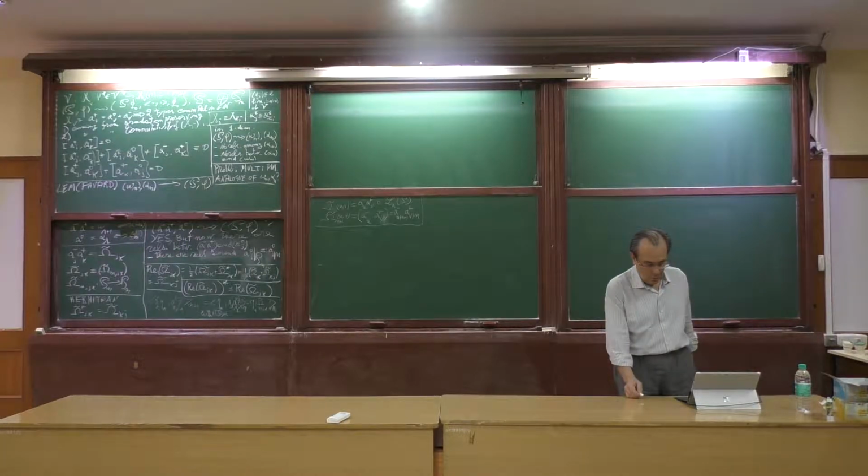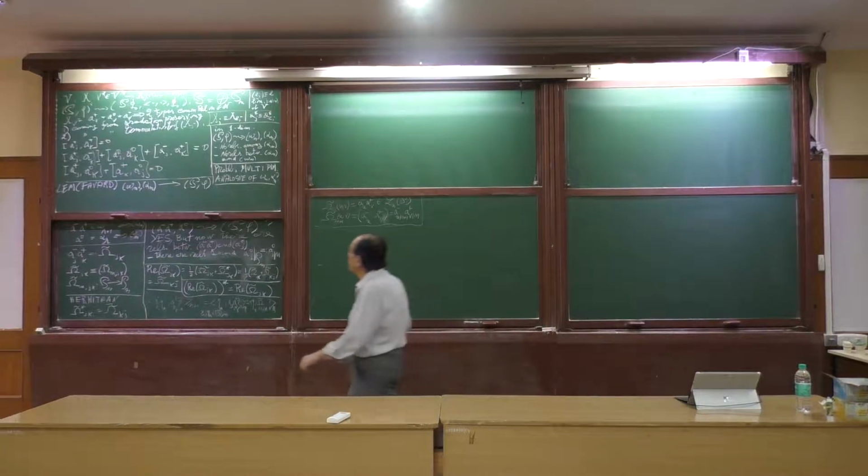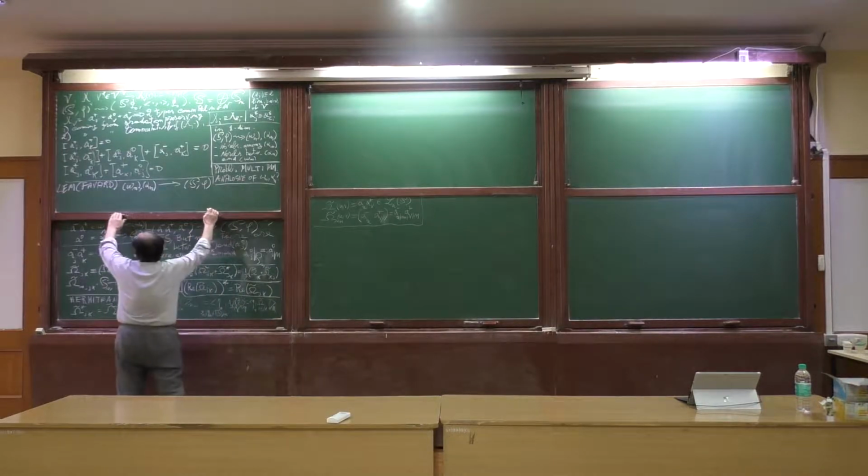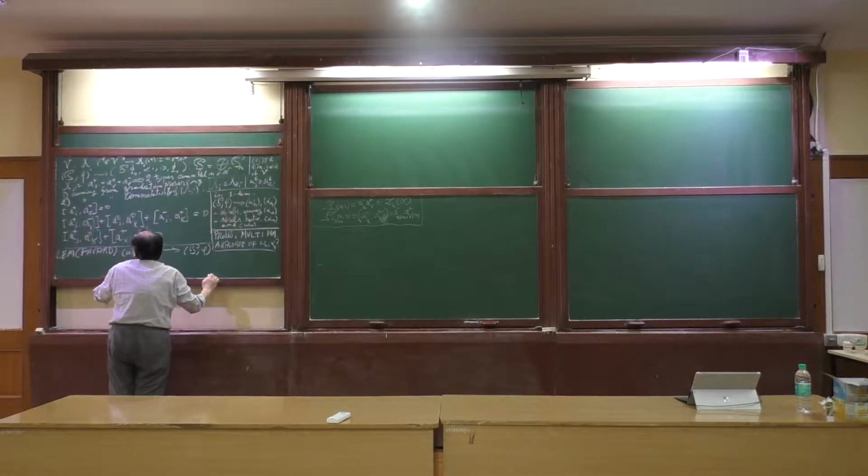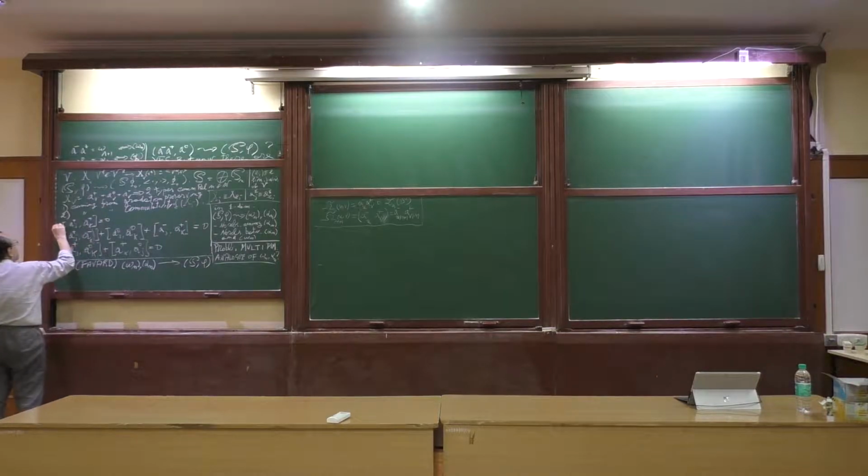Now I wrote these commutation relations, so let us put some number because they will be important. So this we will call 1, 2,